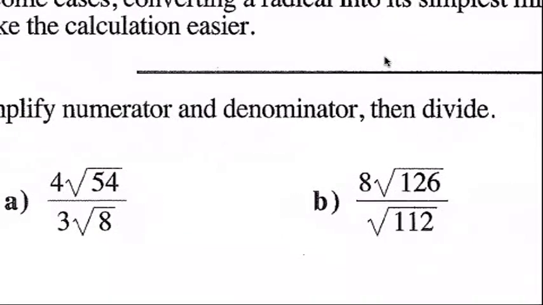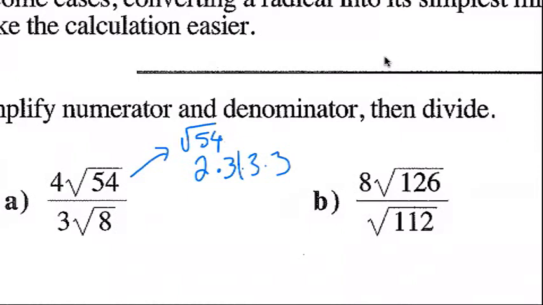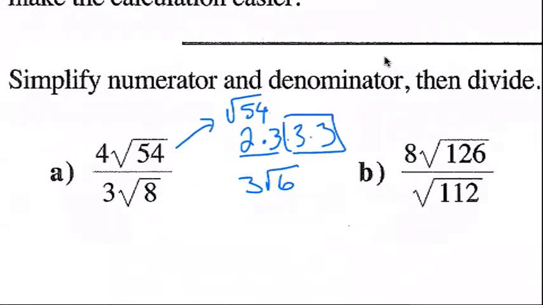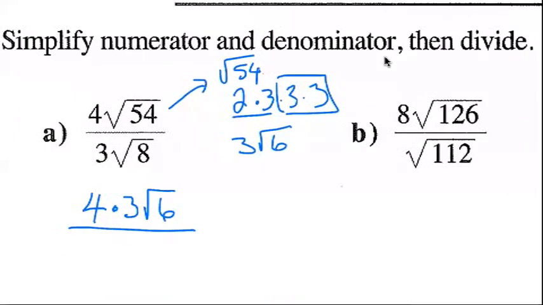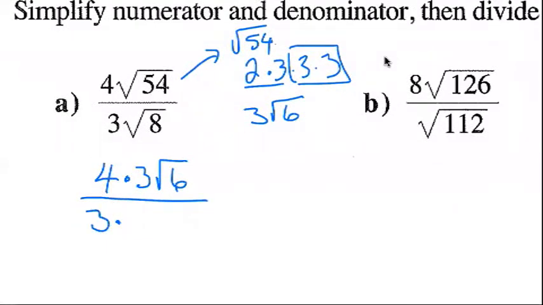So if we try to simplify these before, then somewhere we would do some scrap work and try and simplify the square root of 54. Well, 54 is 2 times 27, which is 3 times 3 times 3. It's square root, so there's our pair of 3's that's coming out. I'm left with 2 times 3 on the inside, so that's 6. So this is going to be 4 times 3 square root 6 divided by 3 times square root of 8, and we know that square root of 8 is 2 root 2, so it's going to be 3 times 2 square root 2,